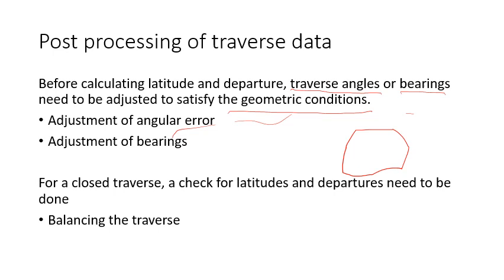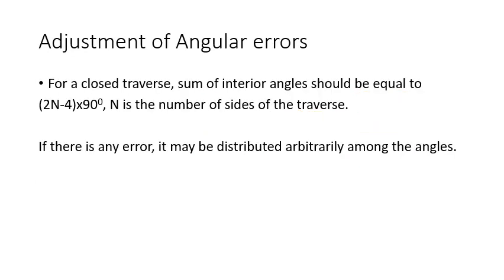Okay. So suppose you have finished with all the corrections of angles or all the corrections of bearings, then you again find out the latitude and departure. And still if there is some closing problem, then you have to balance your traverse work. That will be seen later. So prior to that, let us see how to make the adjustment of angles, how to do the angular correction.